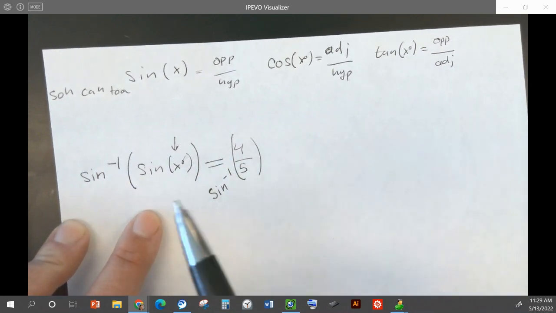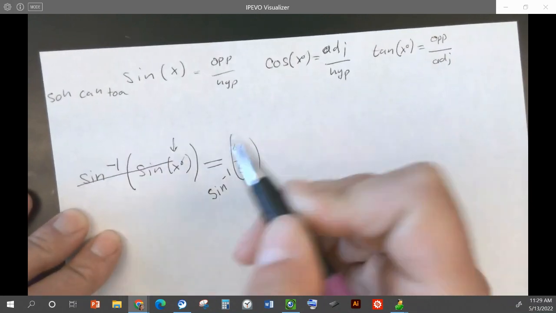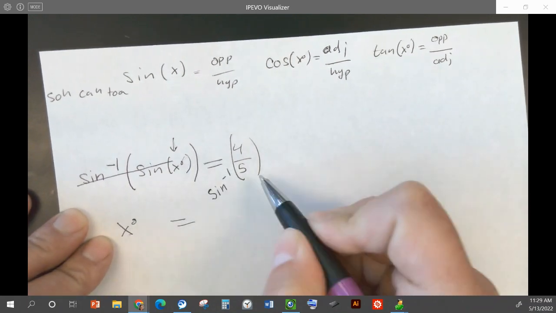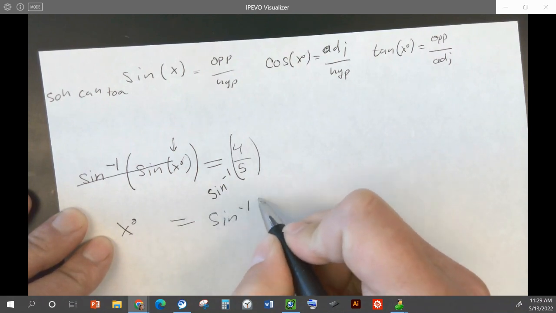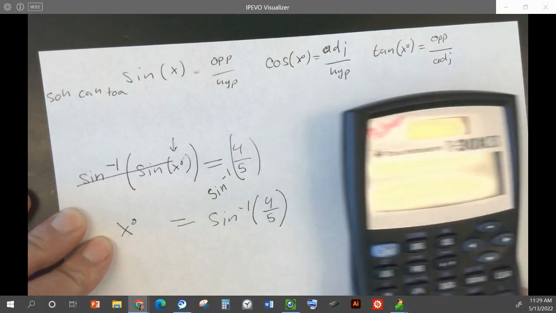Okay? So then sine inverse cancels sine. So over here we just have the angle, we have x. And on the other side, we can just type this into our calculator. We're going to type in sine inverse of 4 over 5. And we just take our calculator,